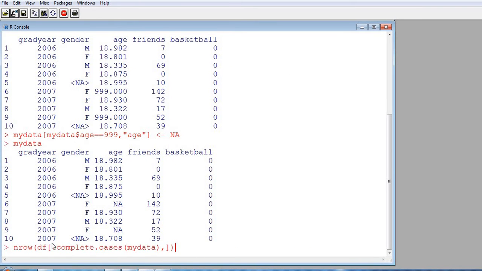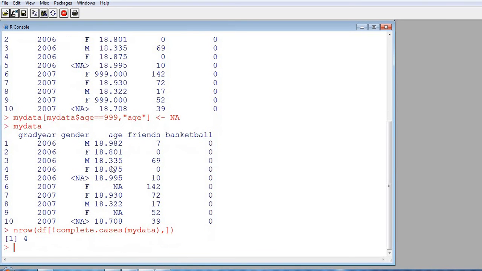Now here it is associated with the not operator. So this particular command will give us the count of the number of rows not having complete cases. If you observe again, there are 4 rows, 5th, 6th, 9th and 10th. These are the 4 rows which are not complete cases.